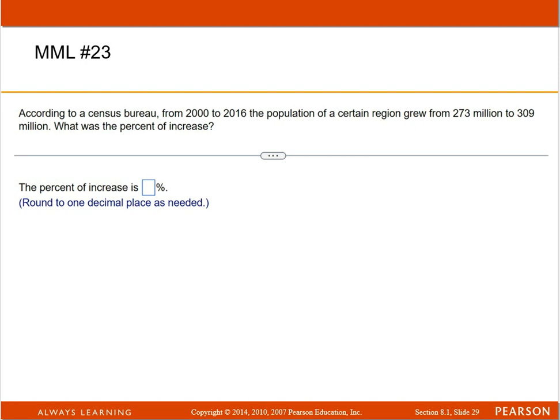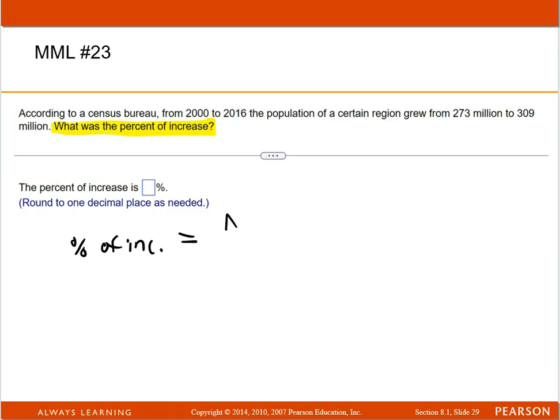Okay, according to a Census Bureau from the years 2000 to 2016, the population of a certain region grew from 273 million to 309 million. What was the percent of increase? So the percent of increase formula is